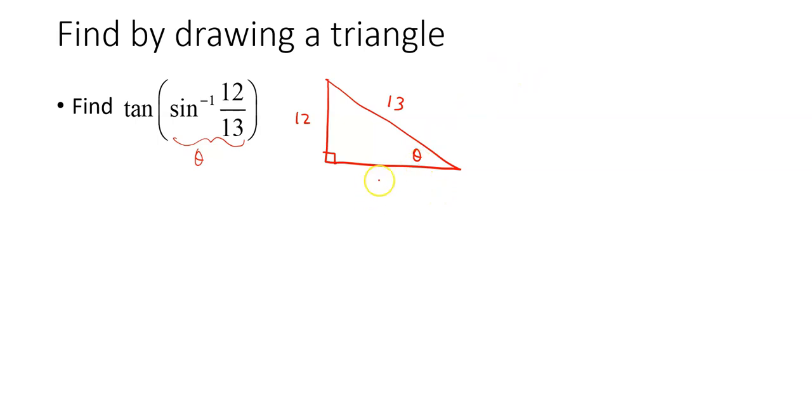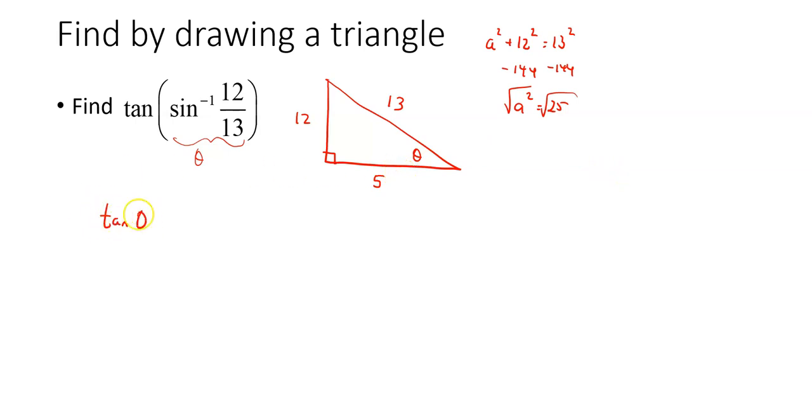So I happen to know that this is a 5, 12, 13 triangle. If you didn't know that, you'd say a squared plus 12 squared equals 13 squared. 12 squared is 144. 13 squared is 169. So subtract them, you get 25. Square root, you get 5. I'm going to need that third side, that 5, because